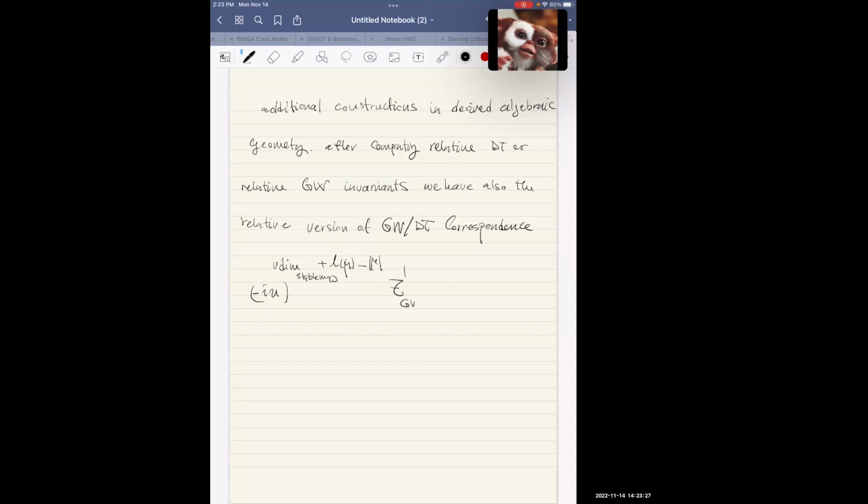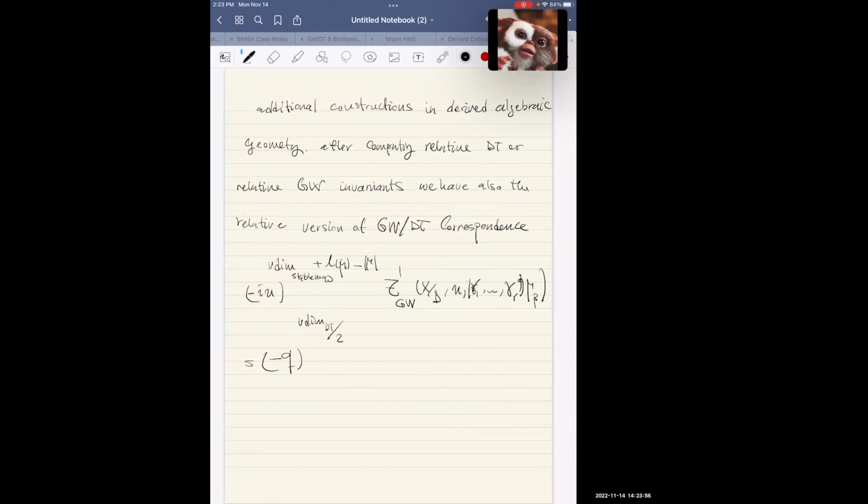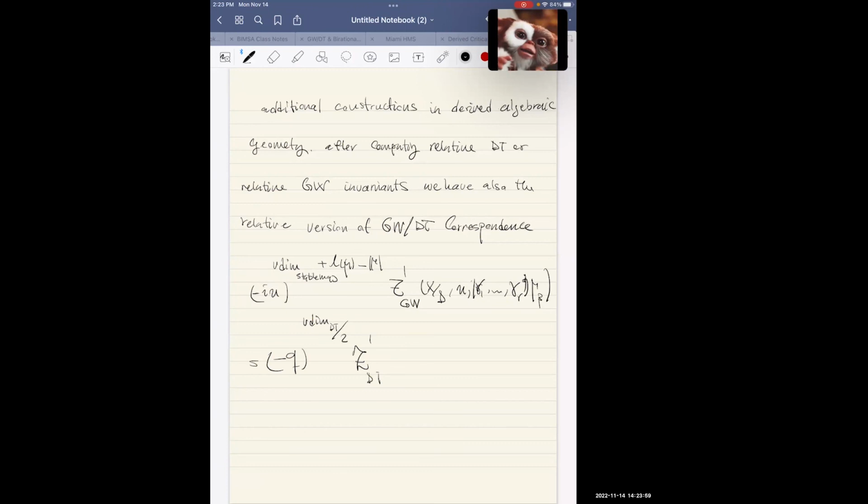Times Z prime of Gromov-Witten invariant of X over D, variable u, and then gamma 1 through gamma r, mu, beta, becomes minus q to the virtual dimension of the DT moduli space divided by 2, times Z prime of DT of X over D, variable is q, gamma 1 through gamma r, mu, curve class beta,